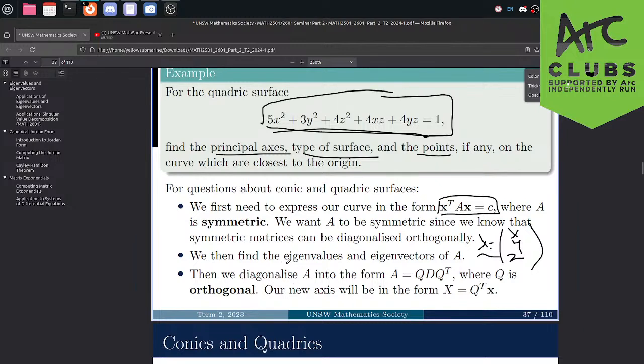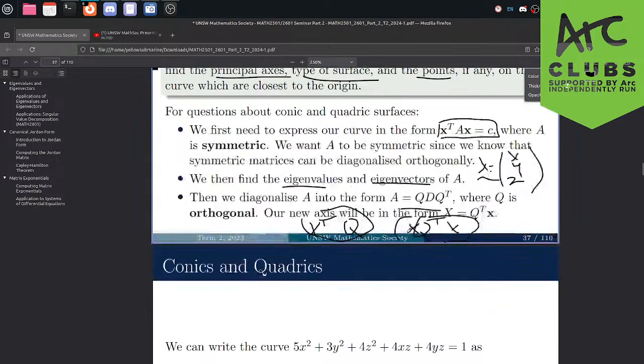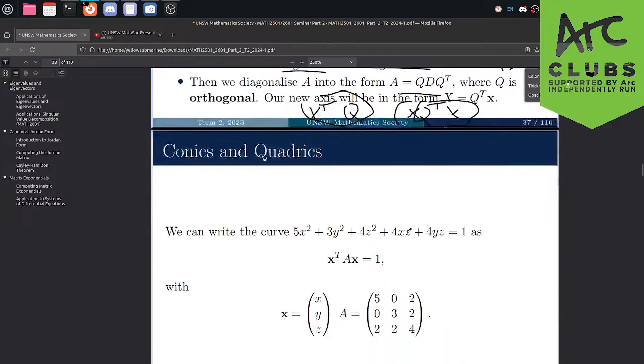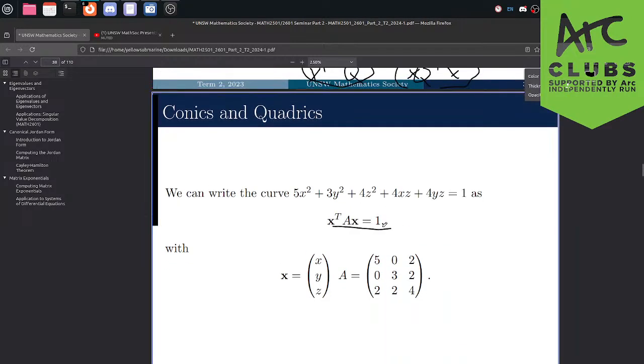We then want to find its eigenvalues and eigenvectors, and then we want to diagonalize A, so that when we expand this out into the x^T form, notice that x^T Q and also Q^T x will be grouped together, and these are both transposes of each other. So we can write this in another way, which also represents a similarity transformation. So firstly, the first step, x^T A x.